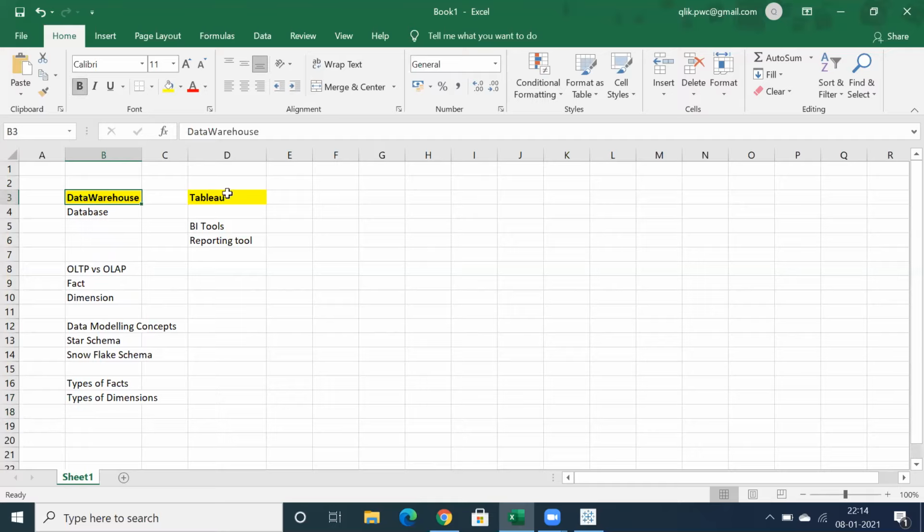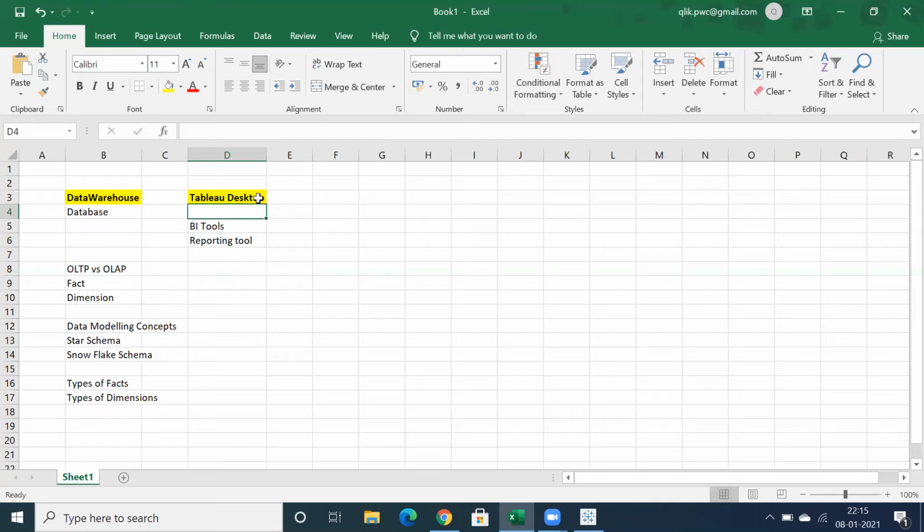Okay. So for Tableau, I'm going to teach each and every topic related to Tableau Desktop. We have a lot of topics. For now, I'm going to showcase some sample reports and dashboards, and how the functionality of Tableau works and how we are going to create those reports or dashboards by making use of Tableau Desktop.